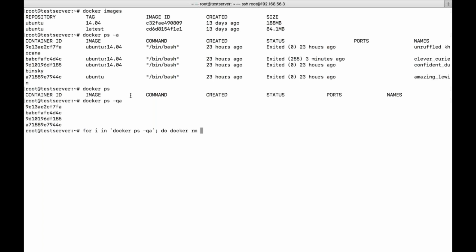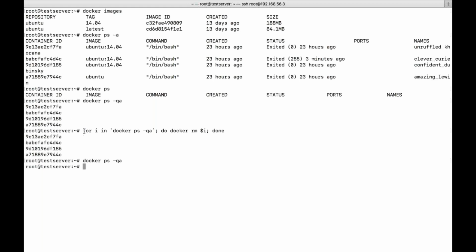The correct procedure is to stop the container, then remove the container. If you want to do forcefully stopping and removing the container, use -f. In this case it is not required because they are already stopped. So docker rm, and here I need to get the id, so $i, and then done. You can see now all my containers got deleted. So this is the for loop command which I use.